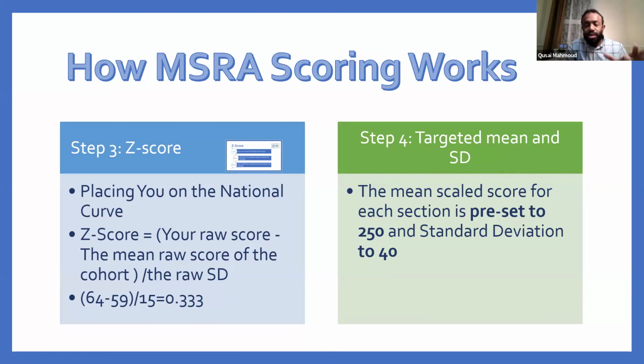Now they take that and they spot it into the mirrored marks. They decided, okay, in our mirrored mark, we needed the average to be 250. So anyone who scores just the exact average, we don't know the average because it changes every cohort, if you scored just the average, that means you are scoring 250. And their standard deviation would be 40. Okay. So now they will take your raw score, which is 1/3 of a standard deviation above the average, to spot it on this new mirrored mark.